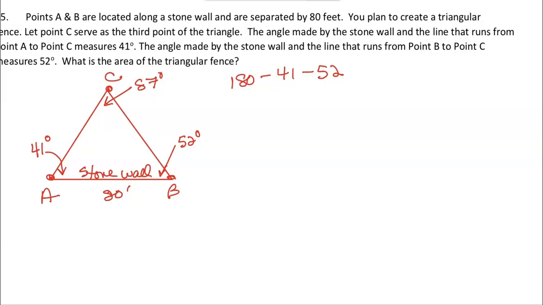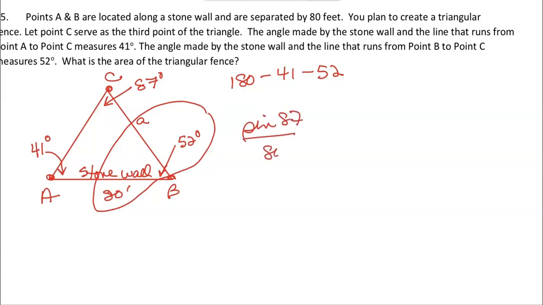So what I'm going to go for is a little a. Because if I have these three pieces, I can then get the area of this triangle. So because I have a pairing, I can use law of sines to get the missing side A. So the magic pairing I have is this. I know that sine of 87 over 80 will equal sine of 41 over A. Do your cross products and isolate your A, and you should be getting little a